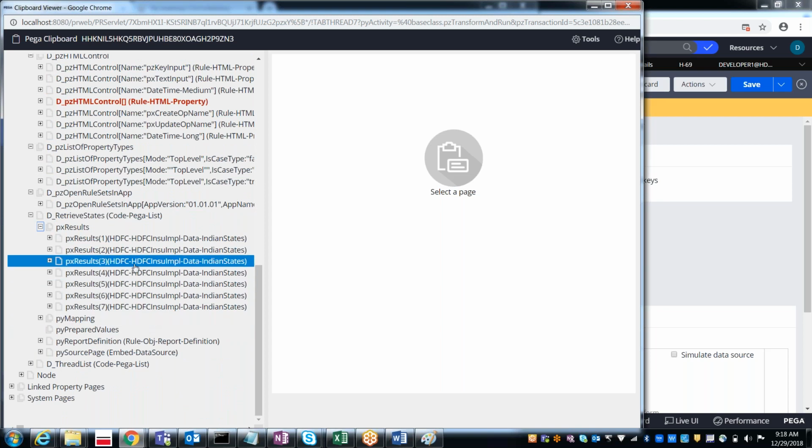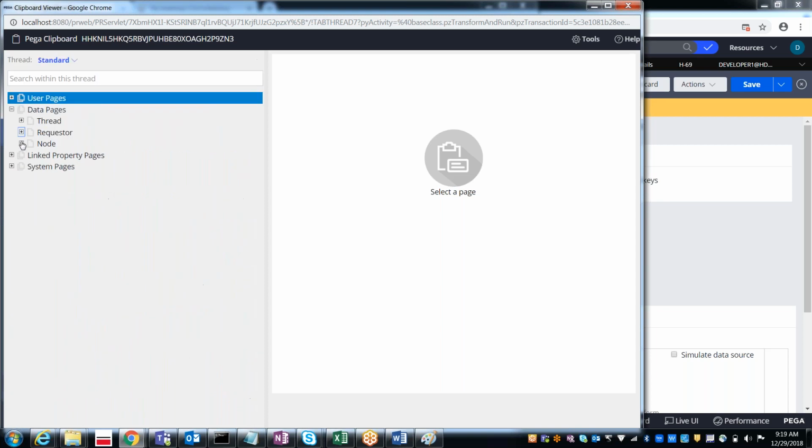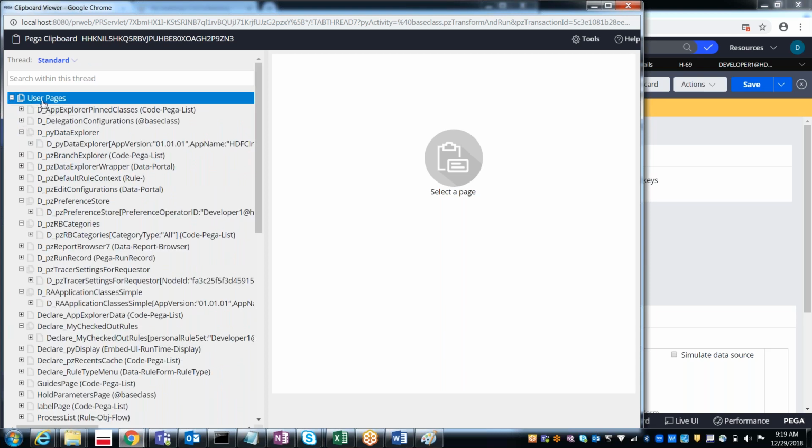You should have one doubt by this time. Initially I searched under the user pages, and there are still some Pega-defined data pages there, like D underscore app explorer and D underscore delegation configuration. Is it a data page or a normal page? Yes, data page.